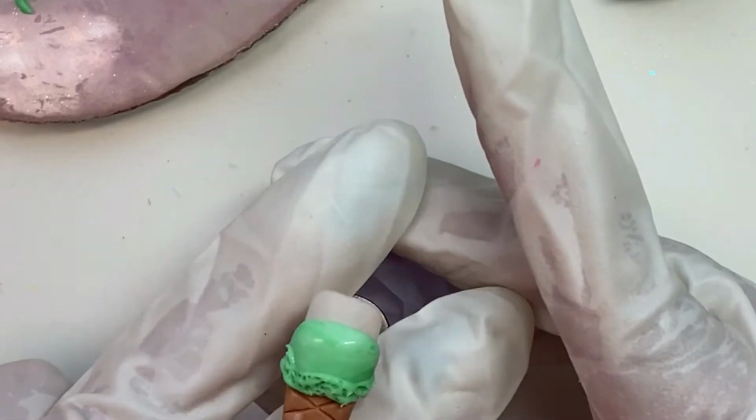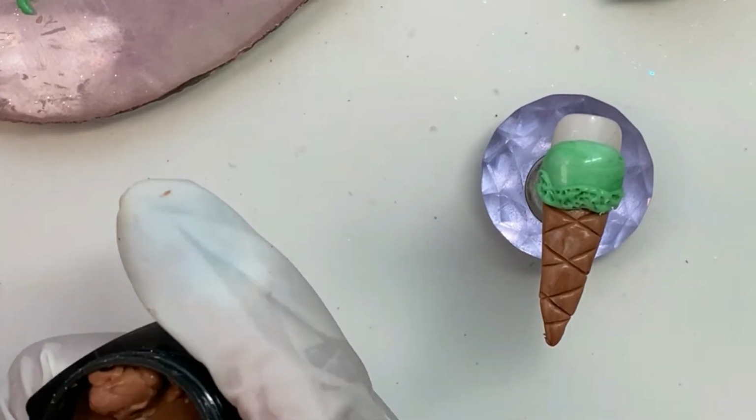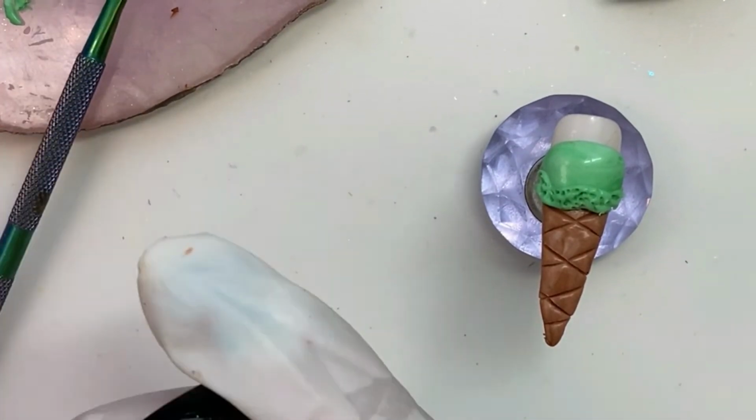And then you won't see me doing it, but there will be a chocolate scoop on top of that one with a cherry on top like the other side. And what I used...